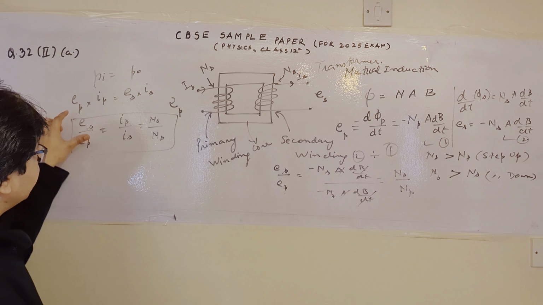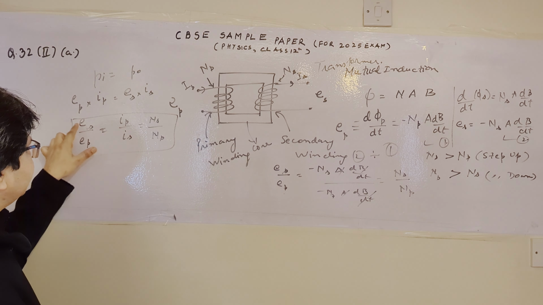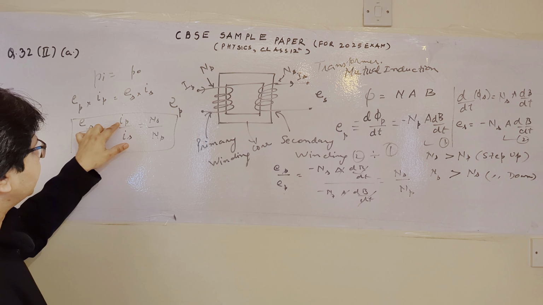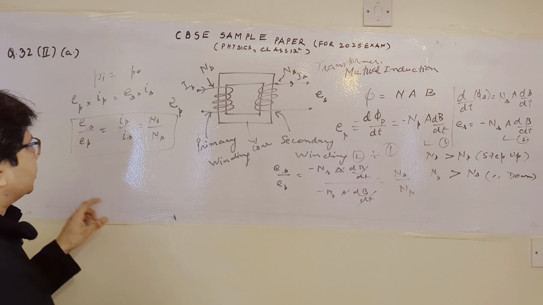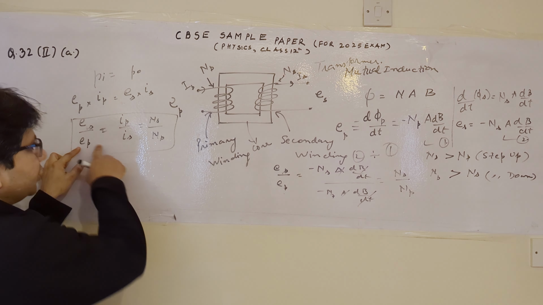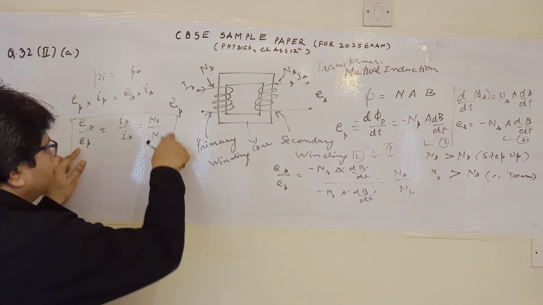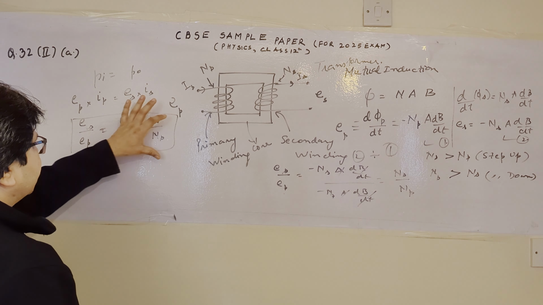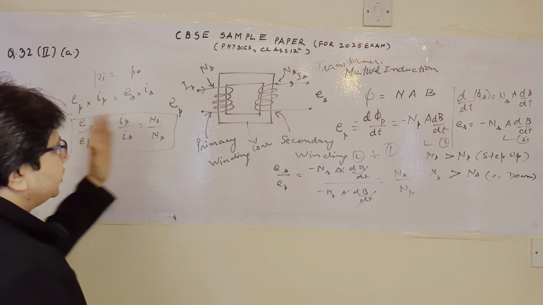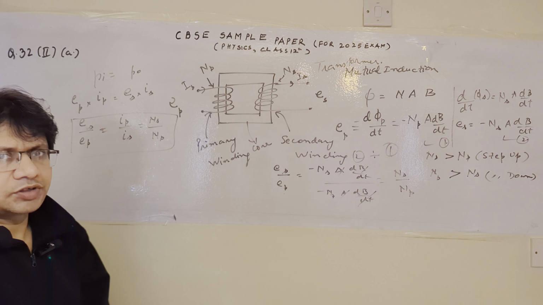इनके प्रोडक्ट को हमने बराबर रख दिया। यहाँ से रेशो निकाल लेंगे हम E_s अपॉन E_p का, जो बराबर आ जाएगा I_p अपॉन I_s के, जो कि हमारा E_s अपॉन E_p हम पहले निकाल चुके हैं, N_s अपॉन N_p वो हम वैल्यू यहाँ पुट कर देंगे। तो यहाँ इस तरह से हमें एक रिलेशनशिप, जनरलाइज रिलेशनशिप इन तीनों के बीच में मिल जाएगा।